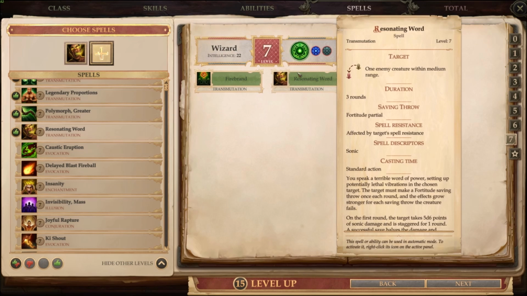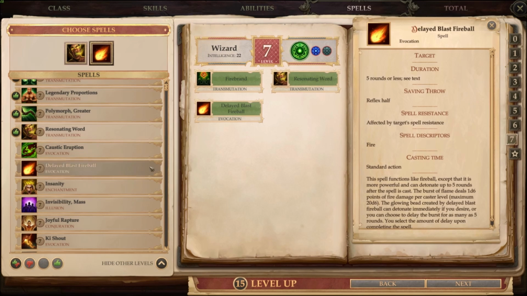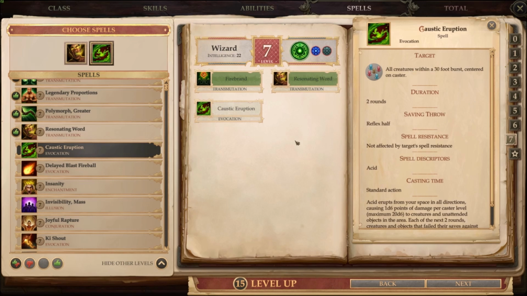And again, remember, you have saving throws for that, but you have a +2 to the DC check on those saving throws. So again, harder for them to make those saves. Delayed Blast Fireball, again, is another one that's part of my mod. It's green, it's evocation, so we don't grab it. But Caustic Eruption, on the other hand, is available to you in a vanilla version of the game, and this